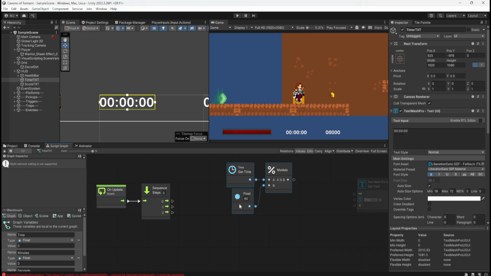So the float of 60 is basically representing a second. This is completely new to me, this modulo.